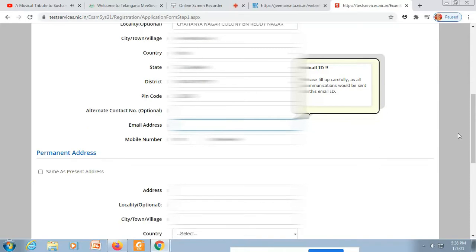If not, just click same as present address. That's it. We'll go further.